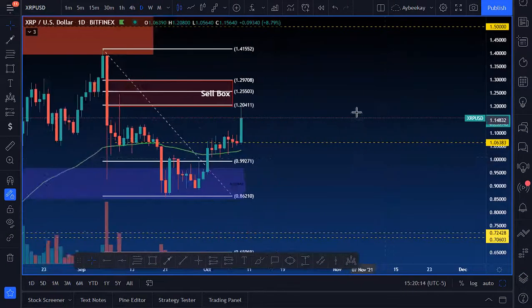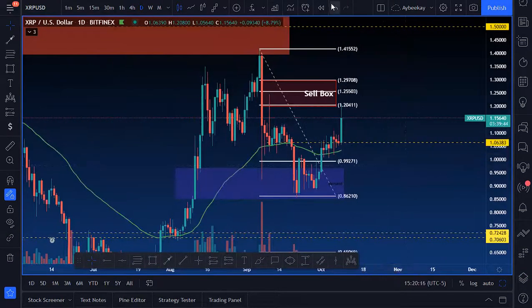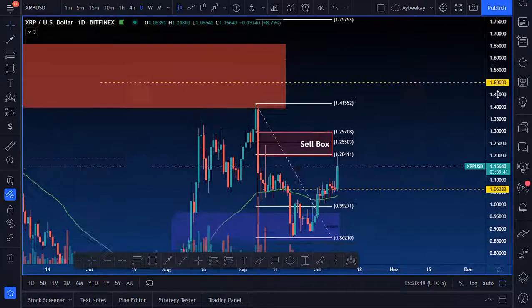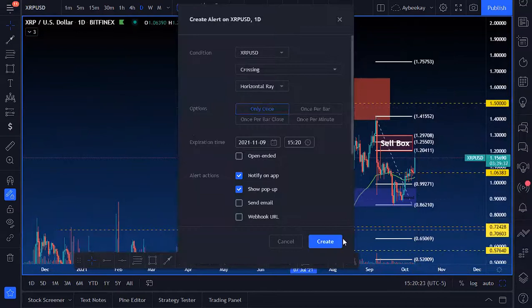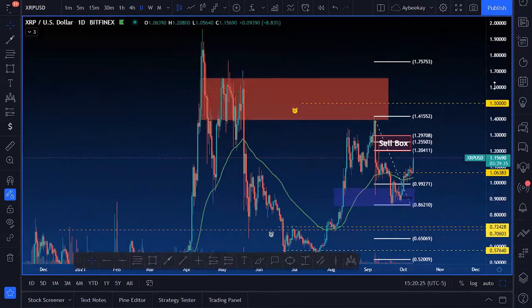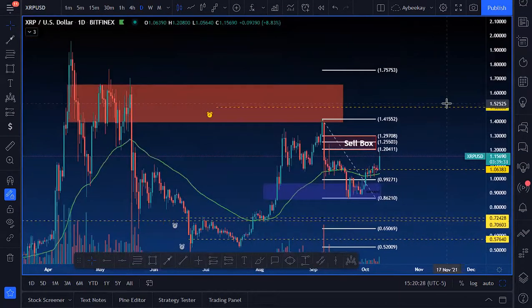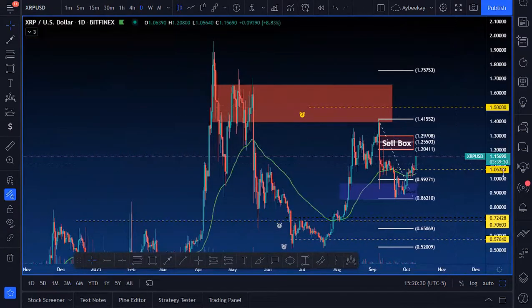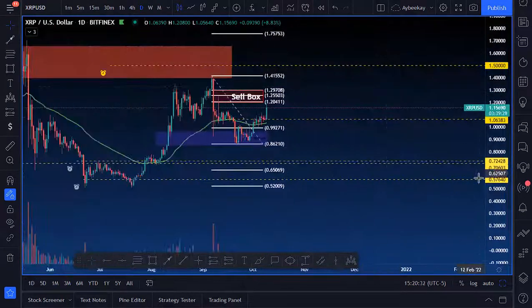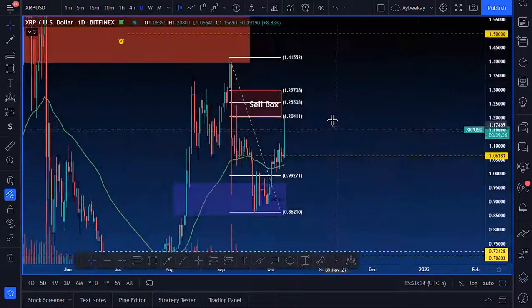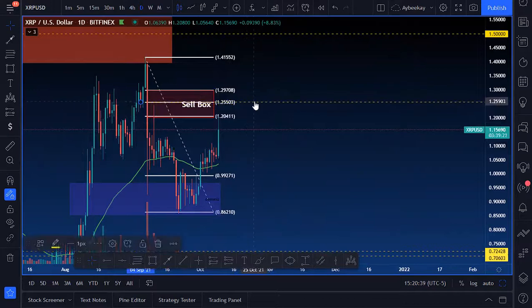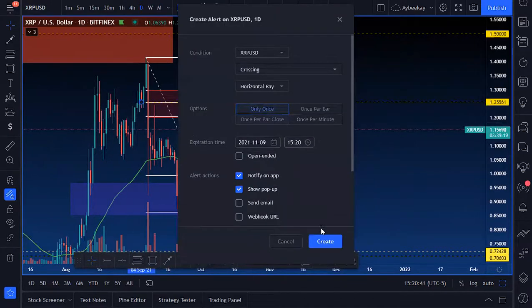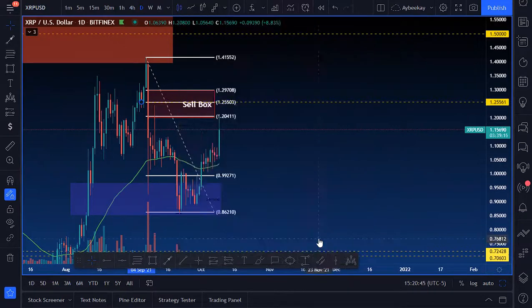I think I had talked about this on Tuesday with Ripple, and even $1.50, if it can get hit on Ripple, that'd be dope. But then that would make me be like, okay, what are the other cryptos looking like? Are the other cryptos still holding in their supply zone and everything like that? Yada yada, and all that good stuff, right? So fortunately for me, when it comes to Ripple, I'm not going to be able to get into that, but I'm going to see if price gets into that 1.25530 area.